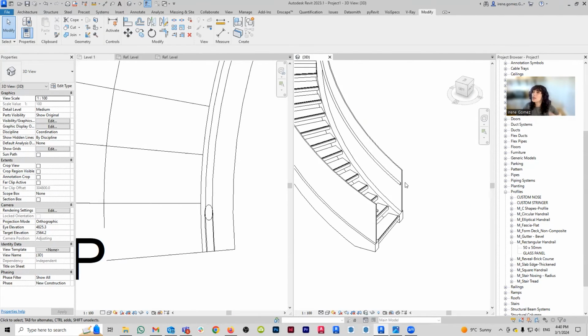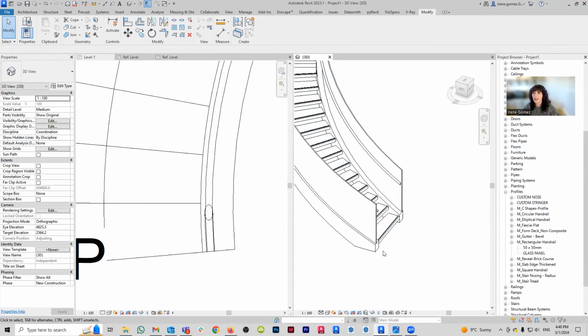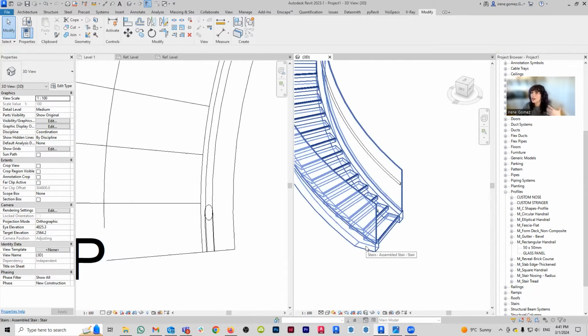Because we're basically going to have to create the railing, the custom railing, and then we're going to have to create a whole new custom rail for the termination, because you can see that the termination has this kind of swoop that comes out and it turns, and you have the handrail and you have the glass and you have the stringer. All of them are kind of following that curve, and we cannot create a custom stringer path.